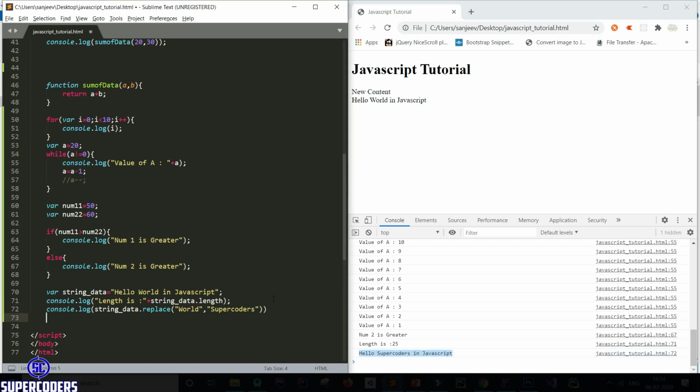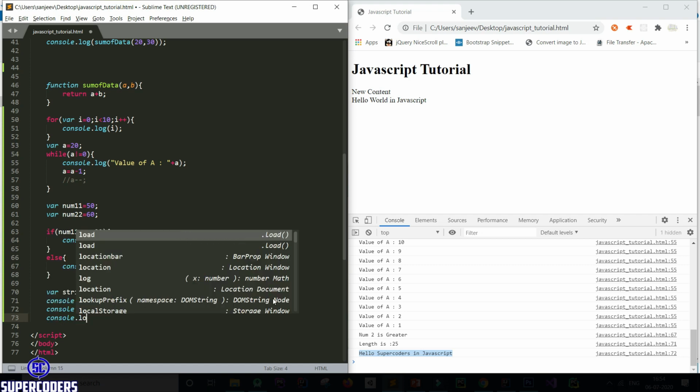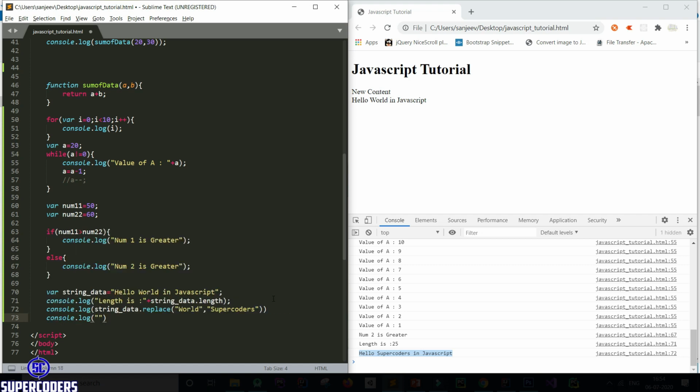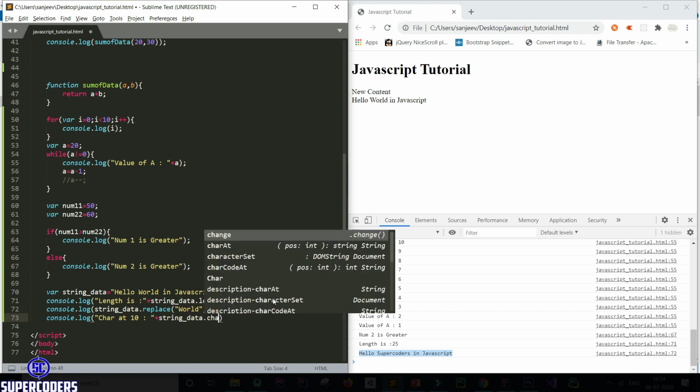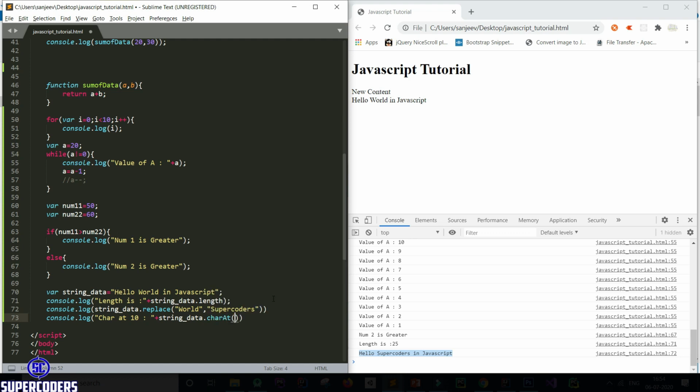Now let's see another example, which is character value. So let's print character value, console.log char at 10th position. So printing the 10th position character, writing concatenate in data dot charAt and passing the position 10.